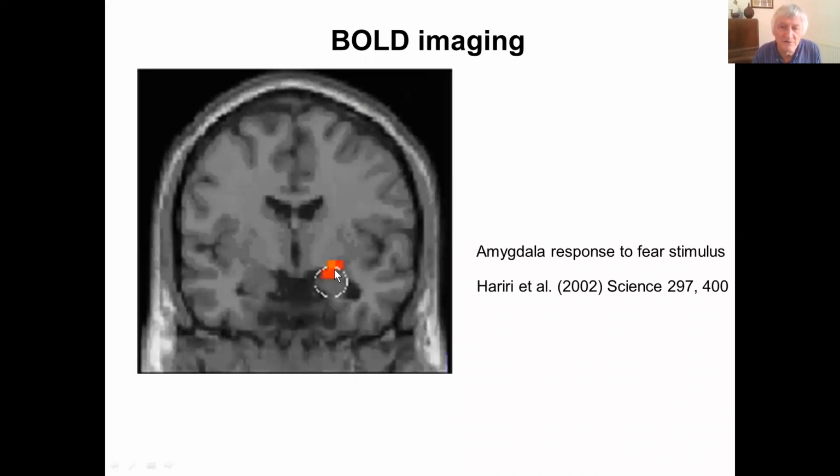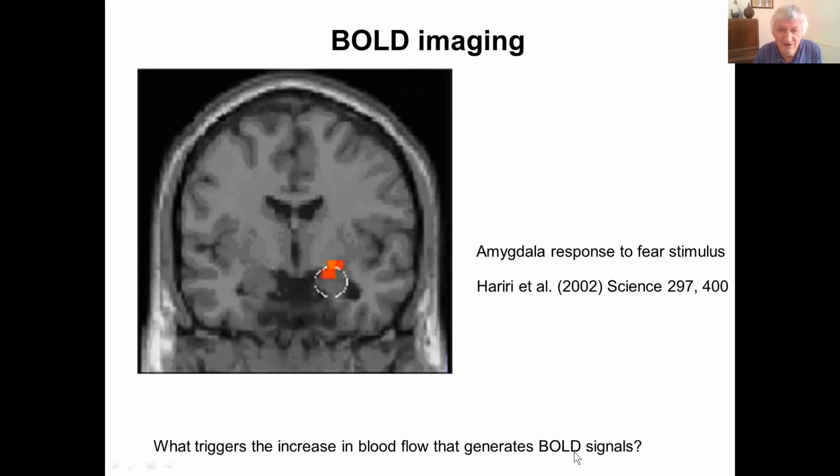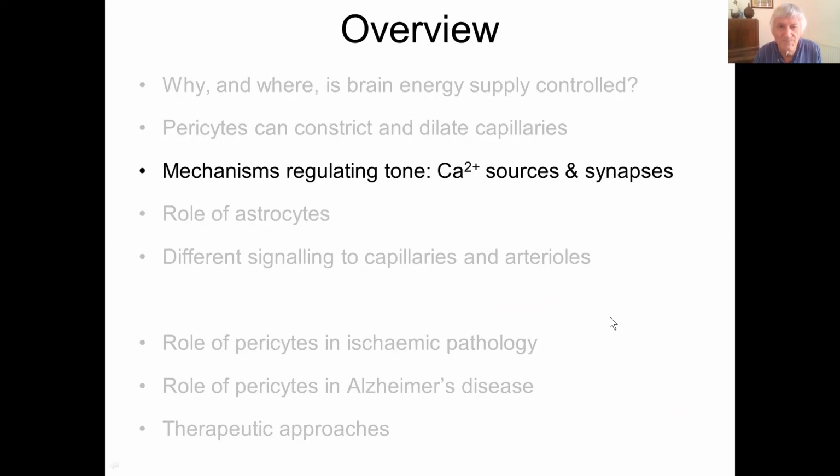These signals reflect an increase of blood flow, which decreases the local concentration of deoxyhemoglobin. And so the question is, what increases the blood flow? I'm going to show you today that it's done mostly by pericytes. So we want to understand the generation of the BOLD signal. So let's look at the calcium sources and synapses, which I'm going to turn to now, which regulate this